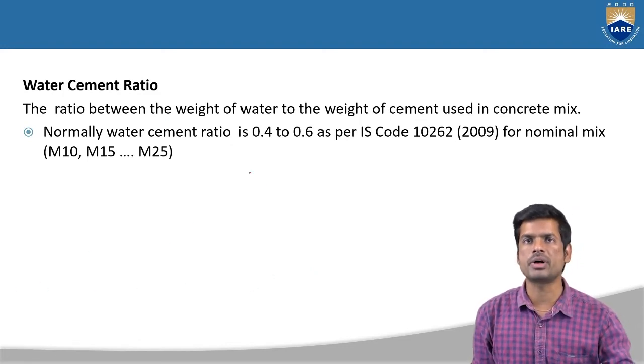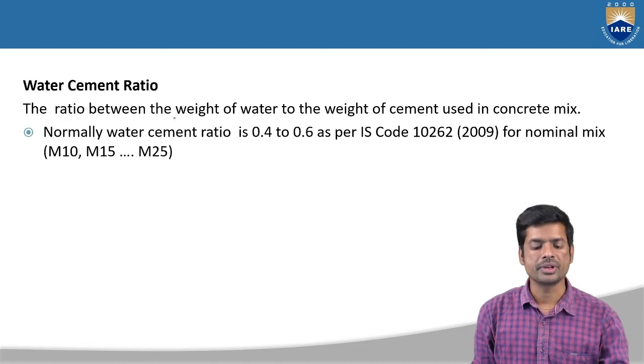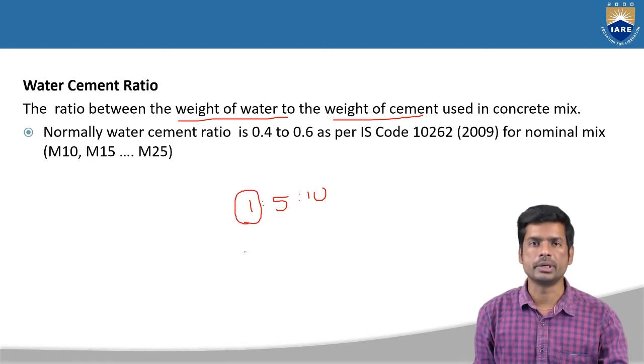What do you mean by water cement ratio? It is the weight of water to the weight of the cement. Suppose you have 1:5:10 mix proportions, so there if you use 1 kg of cement powder, how much water do we have to use? That will be calculated by using this formula. Suppose the water cement ratio is